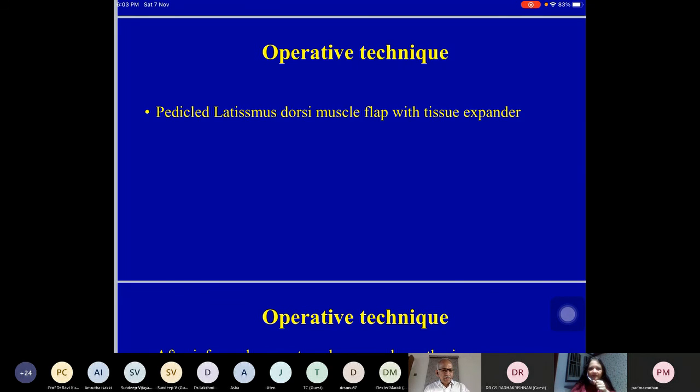I agree with you on that. The one other thing Dr. Bave asked you is what else can be done to increase the uptake of fat transfer? So we can use autologous platelet-rich plasma, and also the stromal vascular fraction can be injected, so that it has the stem cells which will help in better angiogenesis and better take of the graft.